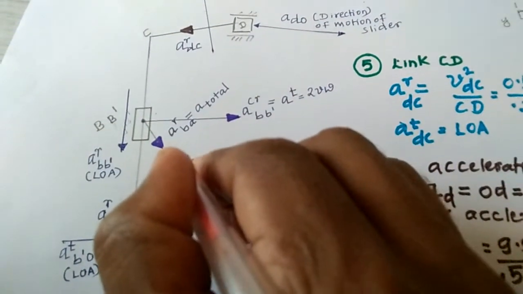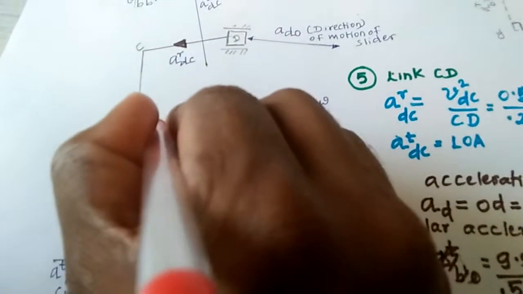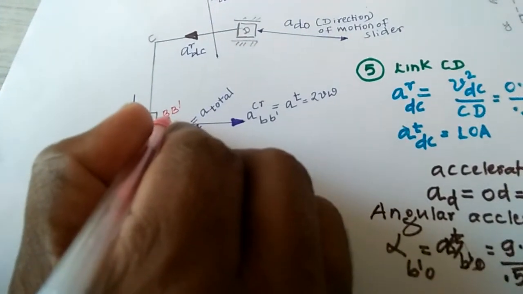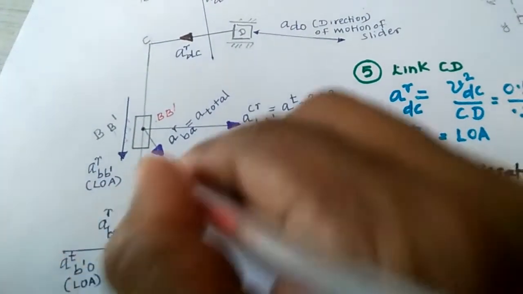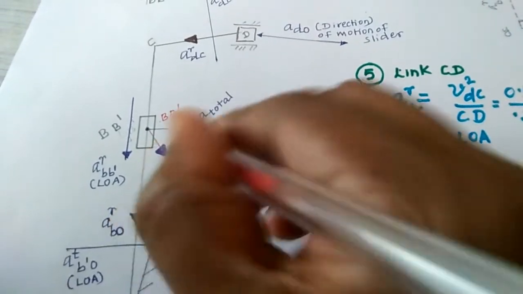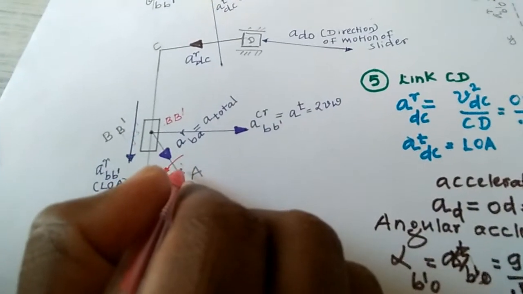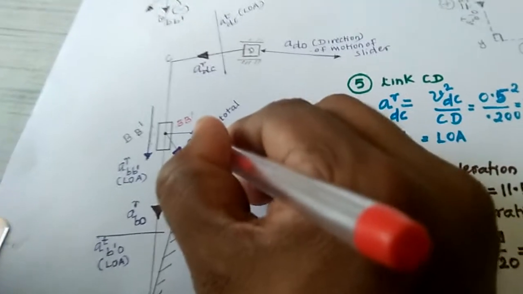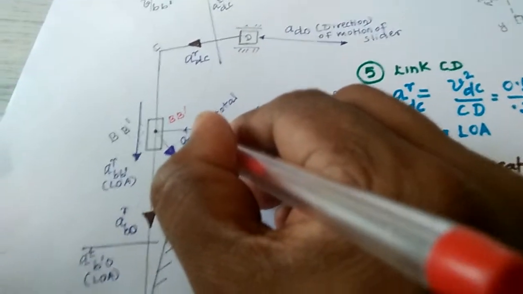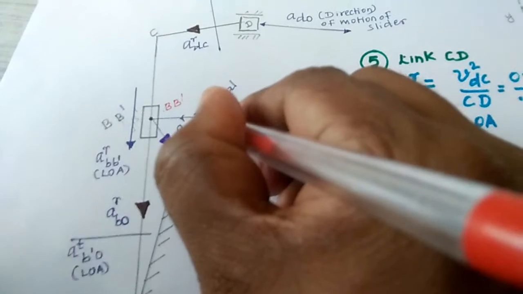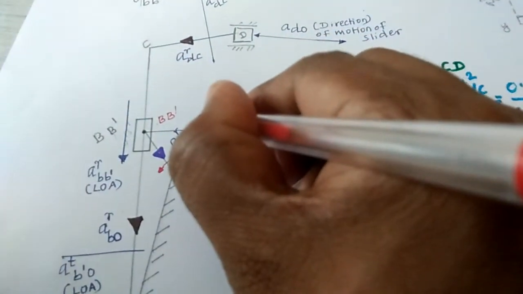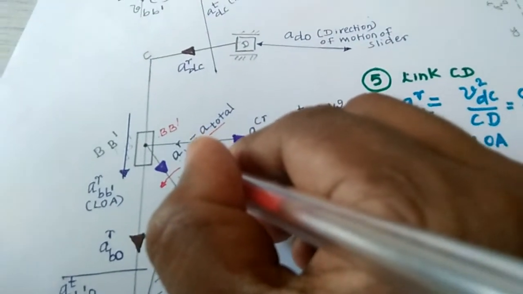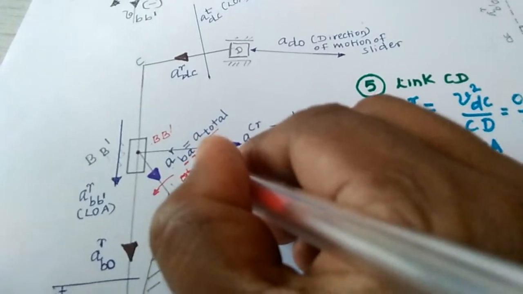First, A, here B dash will be there. Here I have written B dash also. B and B dash are coincident points, both are the same point. Here also, look at this one. OA. In that case, I have taken A radial, this is the acceleration of B with respect to A. A is a fixed point. Radial I have taken as the total only, because the angular acceleration is not given. That's why the tangential component BA is equal to 0.